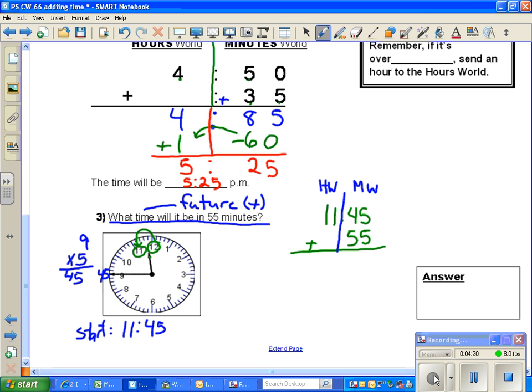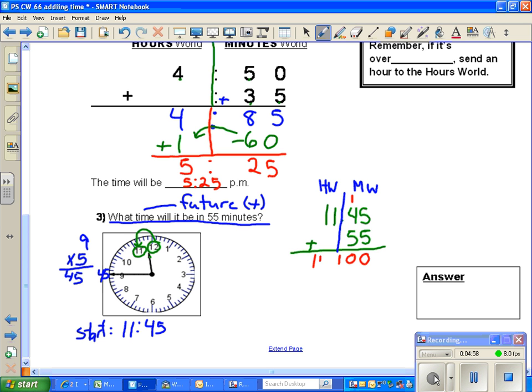Okay, so now we have 45 plus 55. 5 plus 5 is 10. I keep the 0, the 1. 5 plus 4 is 9, plus 1 more is 10. Now, because it's 10, and I'm in the minutes world, I do not bump. I keep the 100, I keep the 10 right here. I can't bump a minute into the hours world because 1 minute isn't going to become 1 hour. So the 100 stays in the minutes. 45 minutes plus 55 minutes is 100 minutes. Okay? And now I